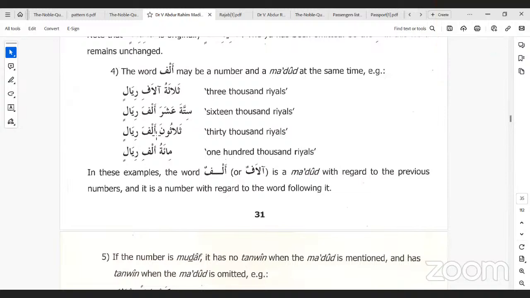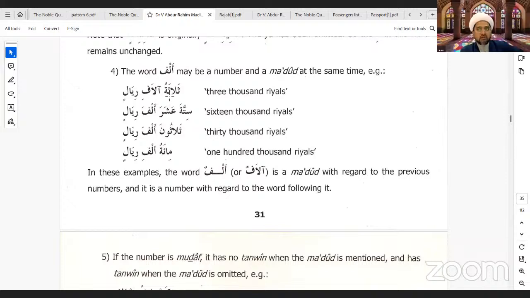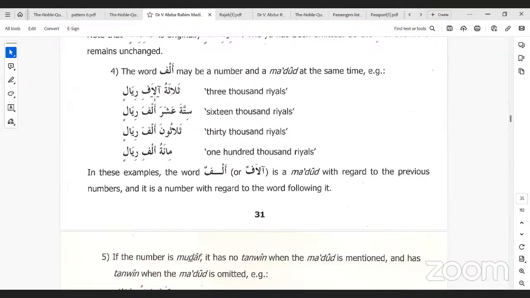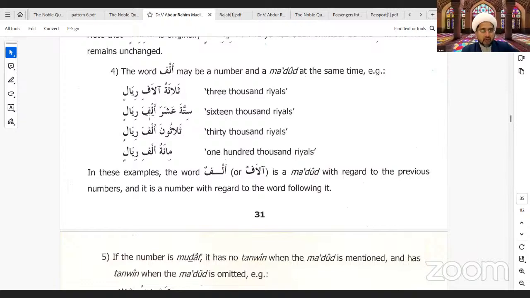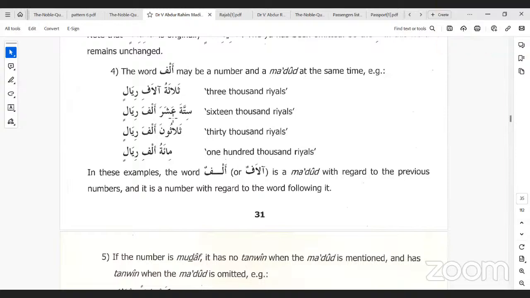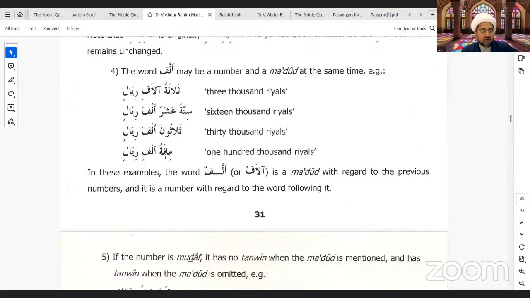Sorry, Sheikh, explain that again. So with thalathu, it is alafi. You remember the ruling from 3 to 9, that the ma'dud will come as plural. So alaf is coming as plural. Okay, and after that, because it is singular, ashar, then it becomes alfa. Yeah, that's singular. So that comes back to 3 to 9, it'll be in 1,000 alaf. But from 11 to 99, or continuing to thousands, it will be alf. Sitta ashar alfa, thalathuna alfa, mi'atu alfin riyalin. Okay.